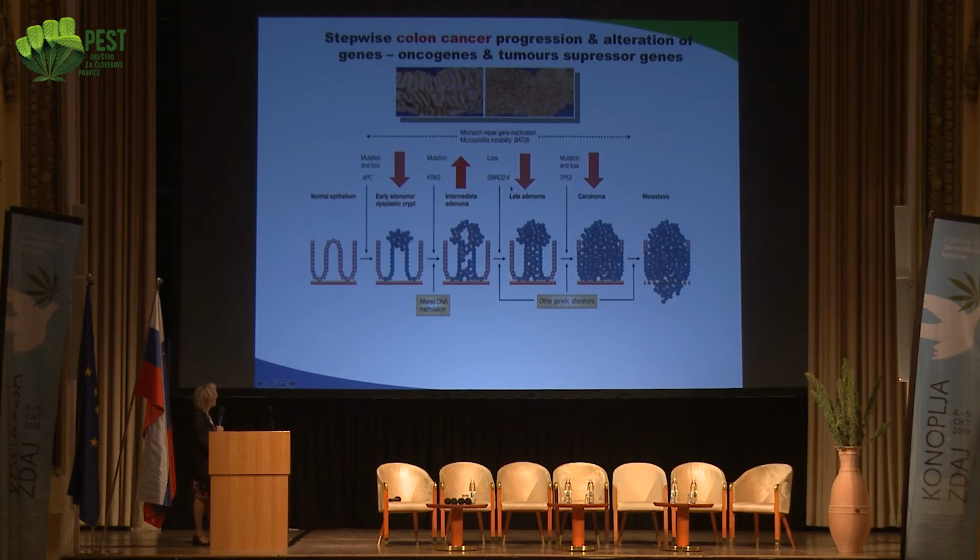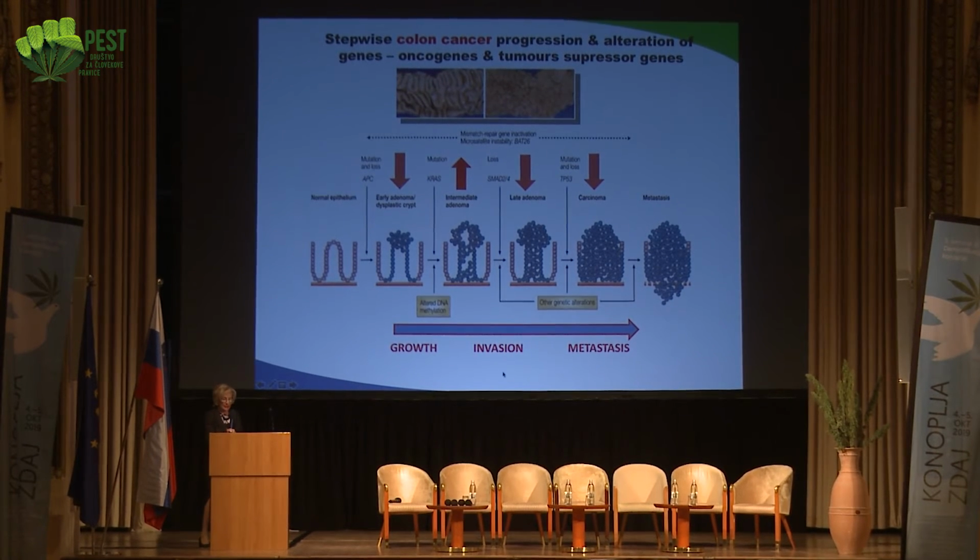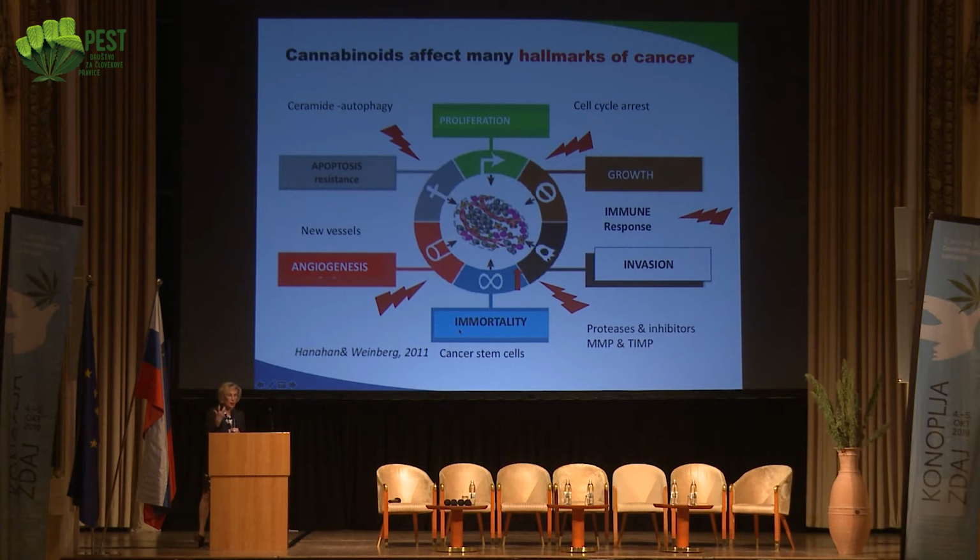And so the cells grow, and finally cells cannot stay in one place anymore, and they dissolve this membrane, we call it the basement membrane, around each organ, and they can metastasize all over the body. Now, growth, invasion, metastasis, these are the key events. But as we also heard yesterday already from Professor Velasco, you have many so-called hallmarks of cancer. So the typical properties, we call them hallmarks. And let's say we all know growth, we all know there's invasion and metastasis.